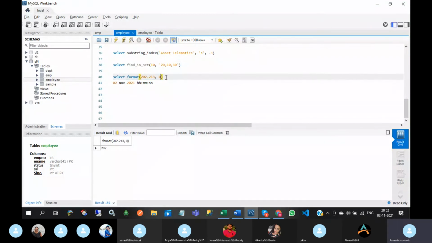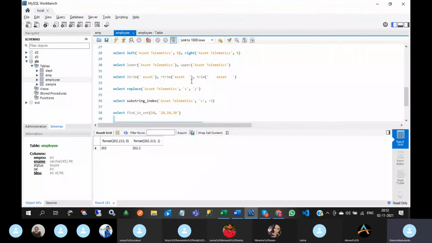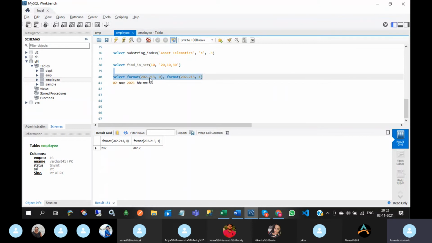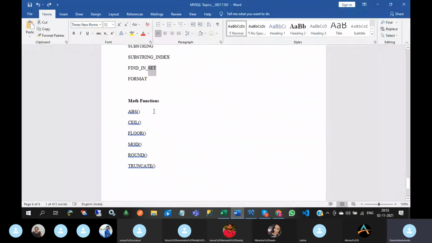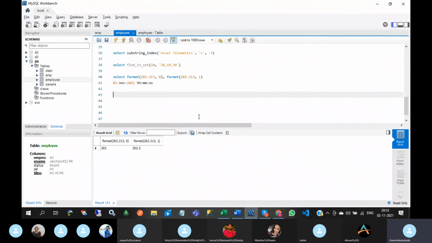See this. If I give 1, what will happen? After the point, if you give 1, it will display one value after the point. If you give 0, it will not consider the fractional part. That is format.